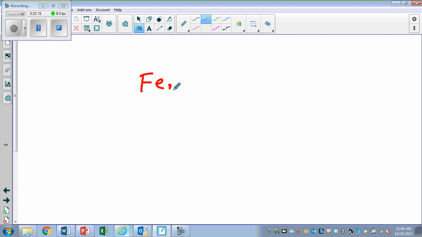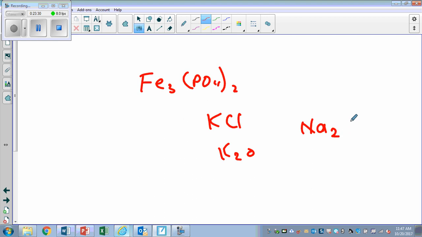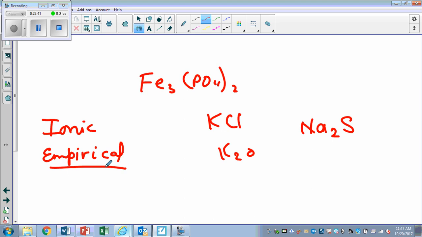So Fe3(PO4)2, this is the empirical formula of this. KCl, K2O, Na2S, whatever the ionic compounds are, all ionic compounds' formulas are empirical. Means they are already present in their simplest ratio. You cannot simplify it any further. You remember empirical and molecular formula. Empirical formula is the simplest ratio. And molecular formula, like I have